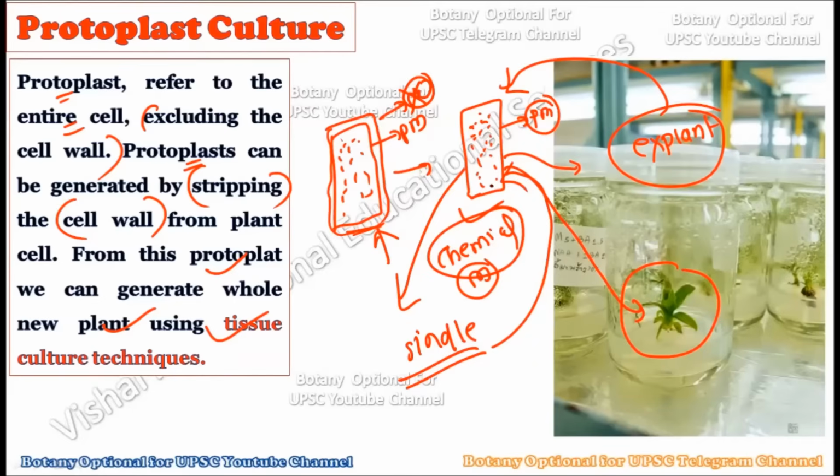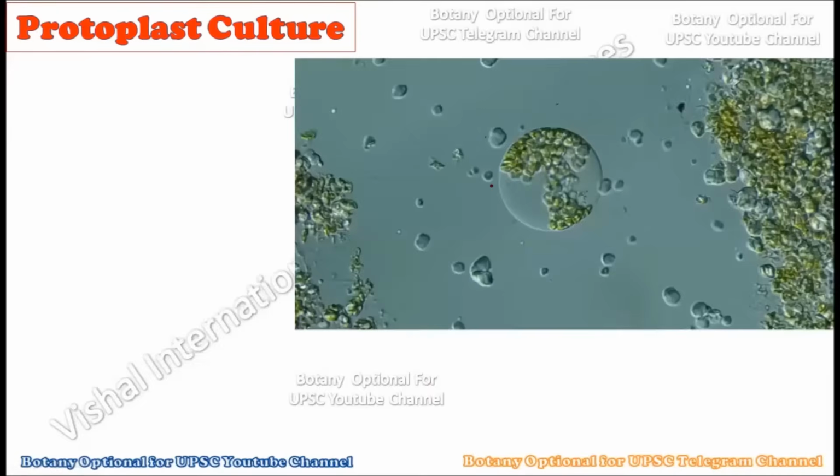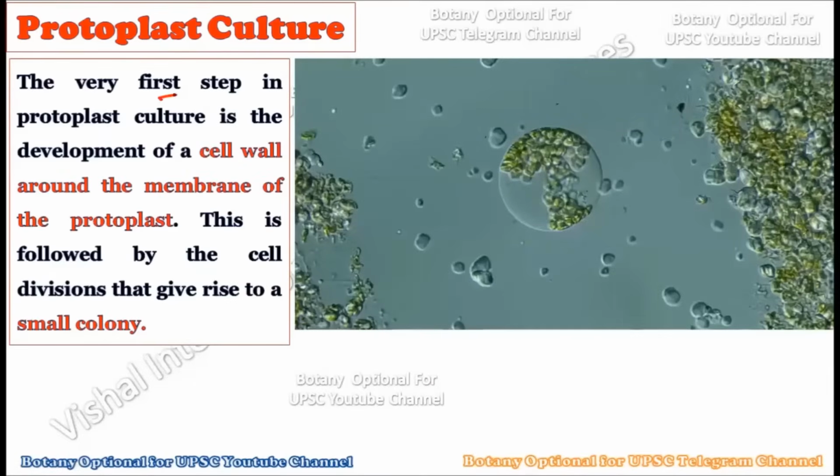Hence, only the protoplast acts as the initial material to get converted into the new plant. Okay, so the starting material for the protoplast culture is the protoplast and not the tissue, and that is why it is quite different from plant tissue culture. Okay, now see, the very first step in the protoplast culture is the development of the cell wall around the